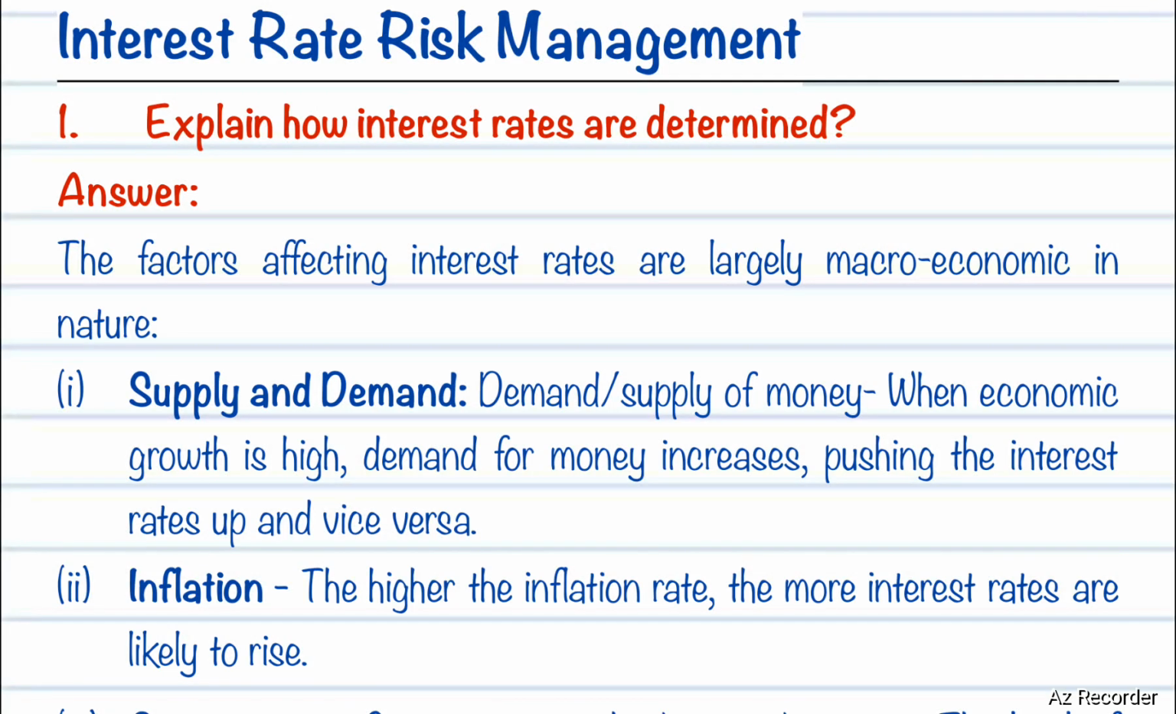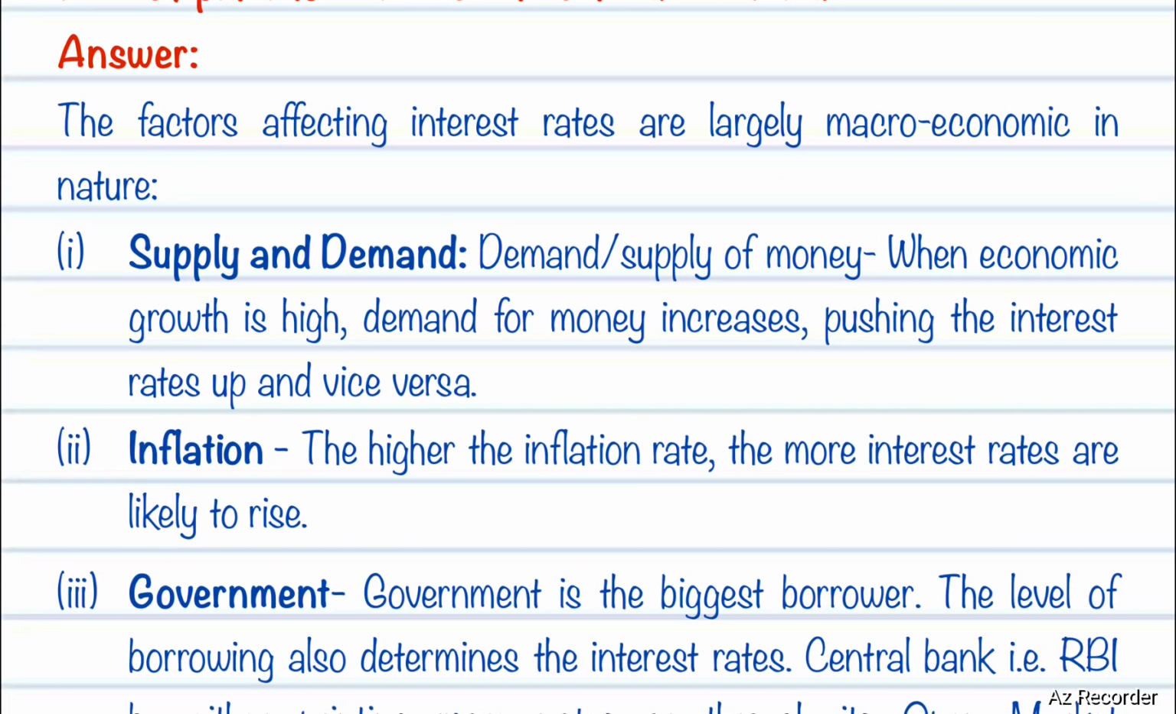Interest rate risk management. Explain how interest rates are determined. The factors affecting interest rates are largely macroeconomic in nature. First one, supply and demand. Demand, supply of money. When economic growth is high, demand for money increases, pushing the interest rates up and vice